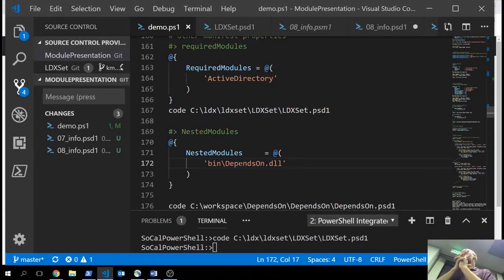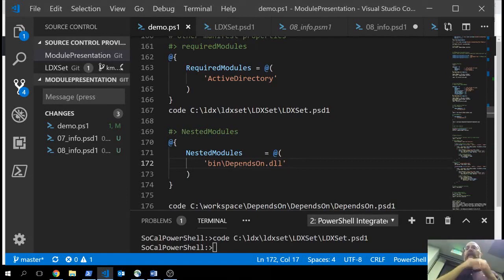So the gotcha there is, depending on your filters of things, like if you're actually defining your functions to export, only your functions will be exported, right? But if you're leaving that wide open to star or whatever it can be, and you import a nested module of, I don't know, like PSJira, we're now also going to export all the PSJira commands with your module if you're using a nested module. It's like, it's a child of mine. It comes with me. Whereas the required module just makes sure it gets loaded first, and it's